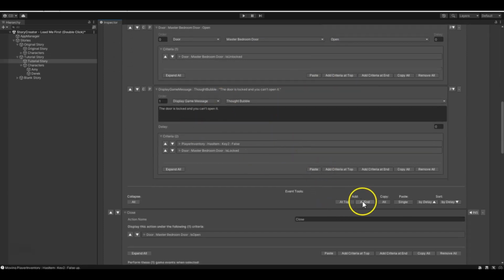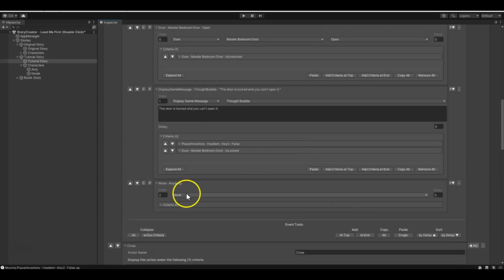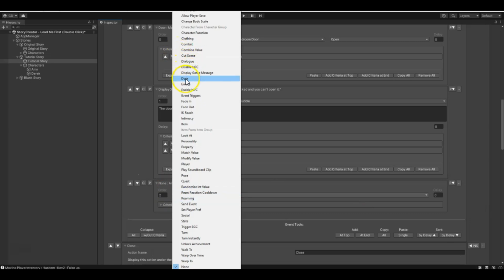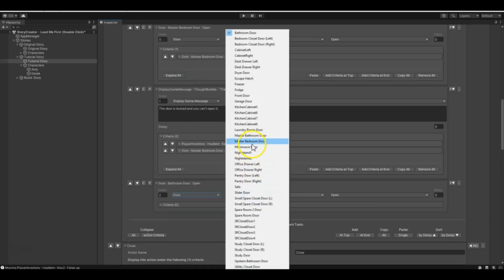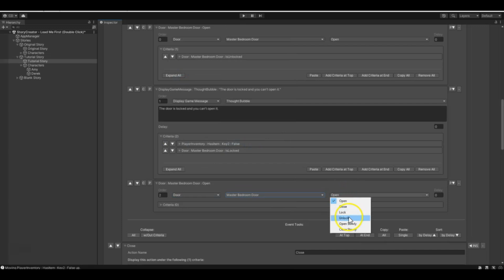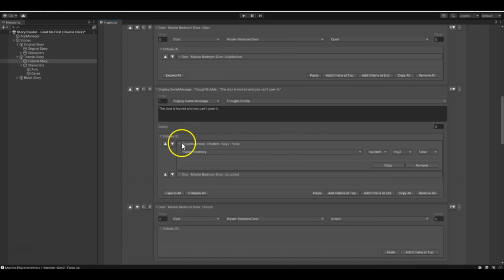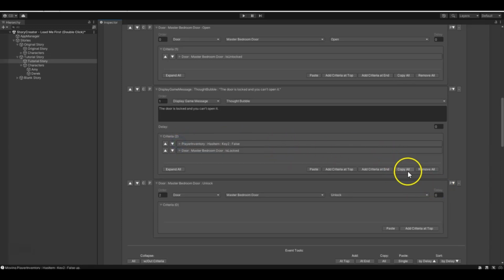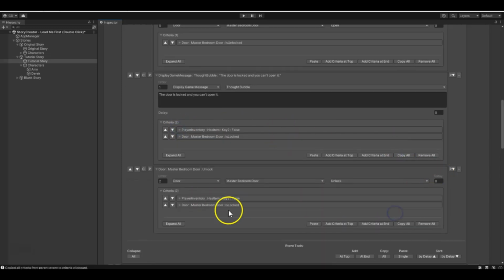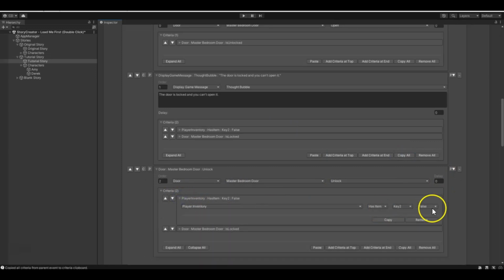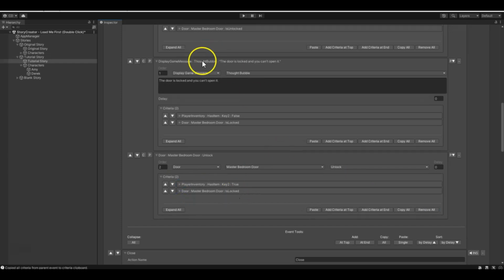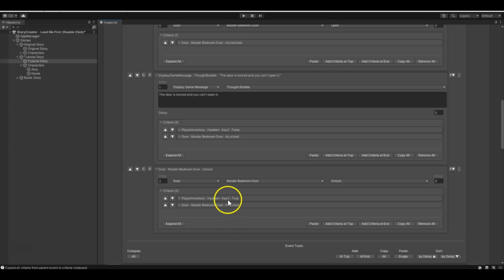open menu right here. So we can go ahead and add a new event. We can go ahead and go door, master bedroom door, unlock, and that will be copy all and paste. That will be if this criteria is met, except the player does have the key. So we'll set this one to true. So now, if the player does not have a key and the door is locked, we're going to display this game message. But if the player does have the key and the door is locked, we're going to go ahead